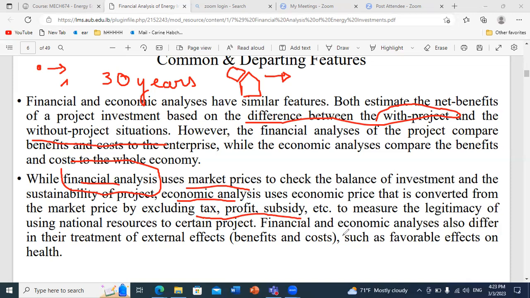So financial and economic analysis also differ in their treatment of external effects, benefits, and costs, such as favorable effects on health. Society is, if you want, one of the priorities when we talk about public investment. So any harmful effect of a project on society should be taken into account. And for example, if you are implementing a certain system that can cause maybe some risks on the health of